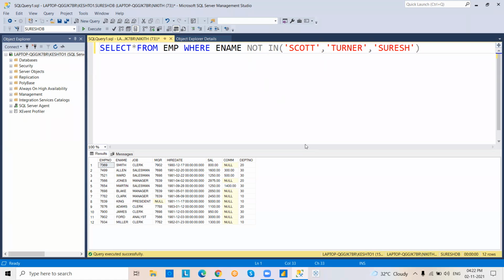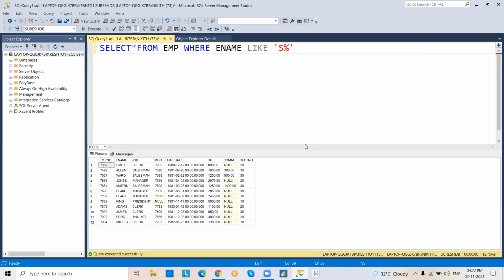So coming to the next scenario. Here, the like operator. Select star from employee table where ename like S percentile.